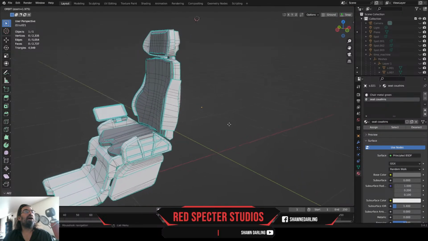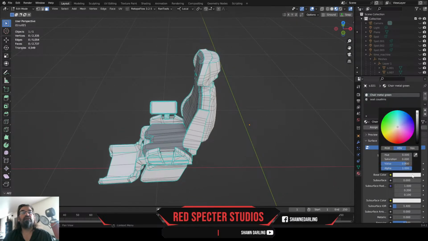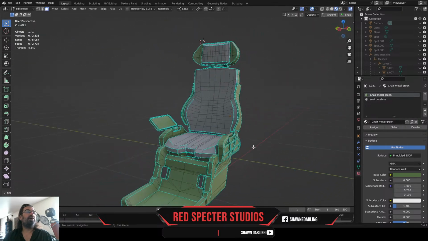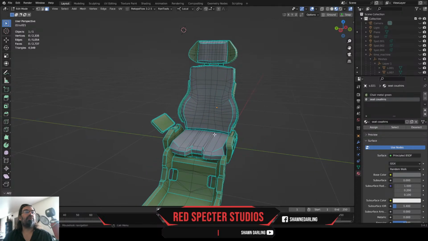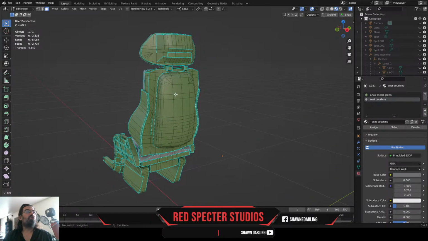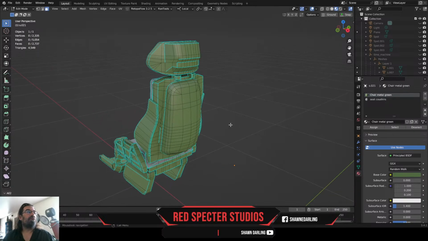And you can kind of see how that's going to go. In fact, I can take this chair metal green and make it a little bit greener to give you that same idea. I think my seat cushions are still correct. I'm just going to check something. Okay, they are. I was just checking because it felt like the seat wasn't selected at the very bottom. I think this back portion should be its own thing as well. I'm not sure if I can select it separately like I've been doing with the Control Plus. Nope. I'm going to have to manually select those,